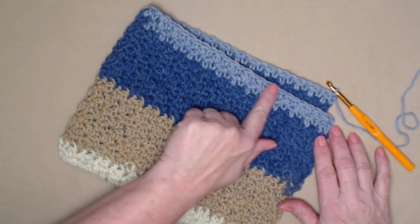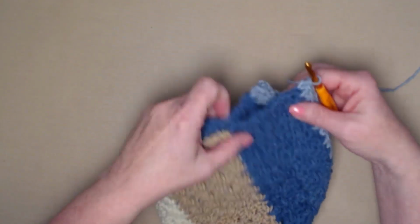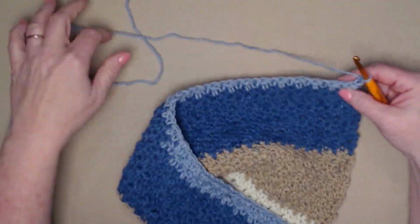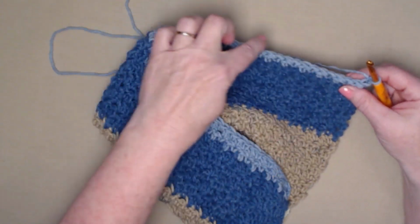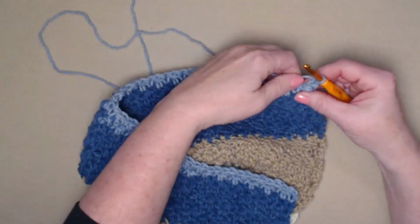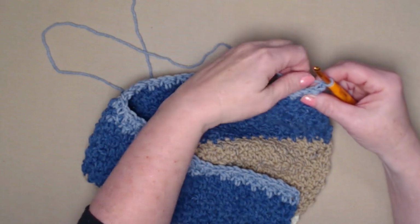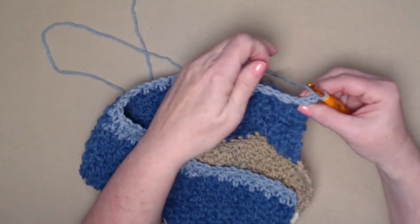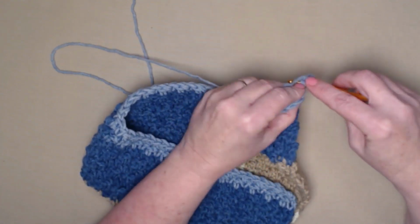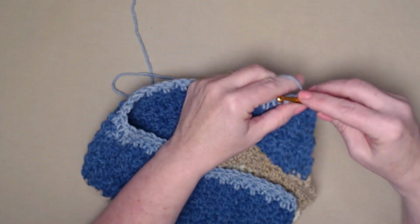So I've added my last row of alternating stitches, double crochets, and single crochets. I'm going to chain 1, and now what we're going to do is stitch one single crochet in each of these stitches around. And that's just going to give us a nice edge to our hood. All right, so it doesn't matter what these stitches are. We've chained 1, we'll go right in our first stitch and stitch one single crochet in each of those stitches,